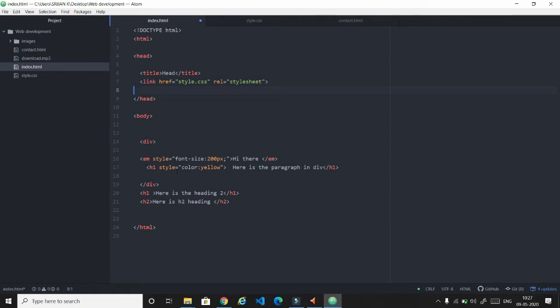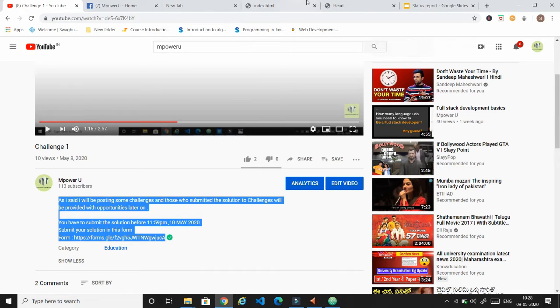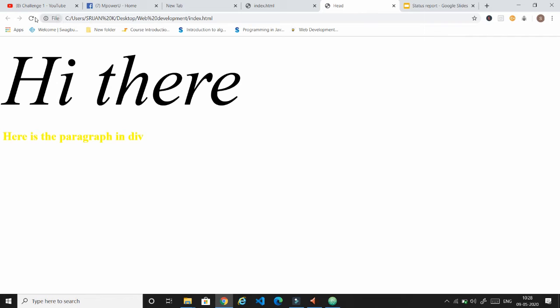As you can see here, I have the inline CSS in H1 and EM. According to this inline CSS, the website should have the H1 color as yellow and the EM style as 200 pixel.